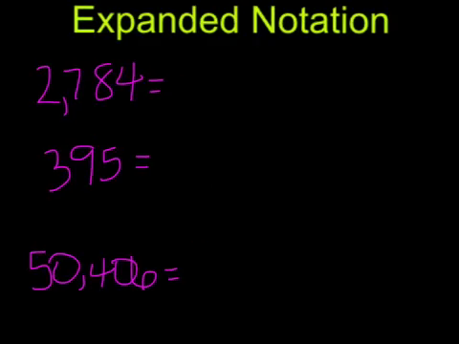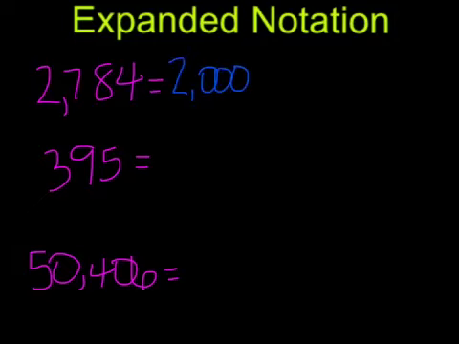Finally, let's talk about expanded notation using these numbers. In expanded notation, we are simply taking a number and pulling it apart to show all of its parts and what the value of each of the digits is. So let's look at the number 2,794 first. In expanded notation, this number will look like